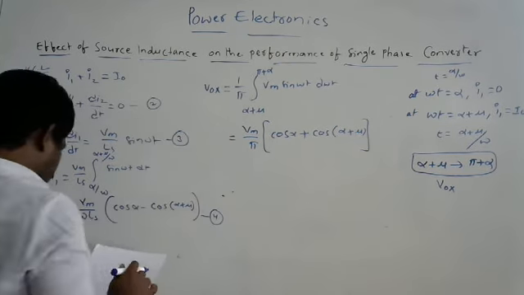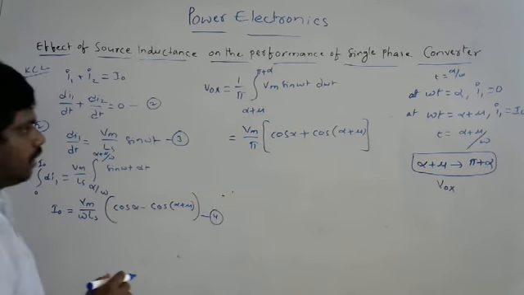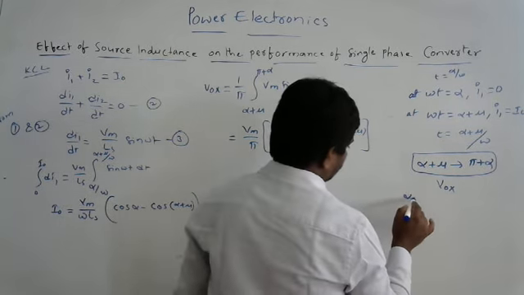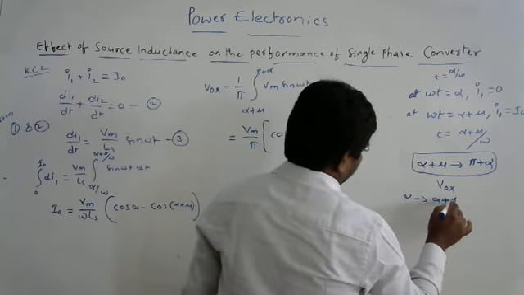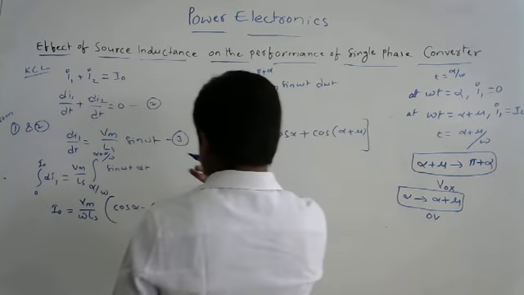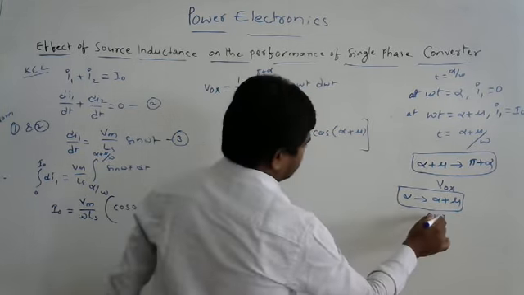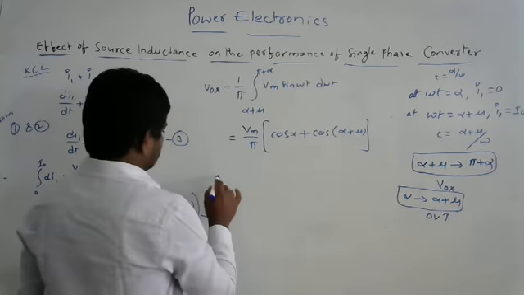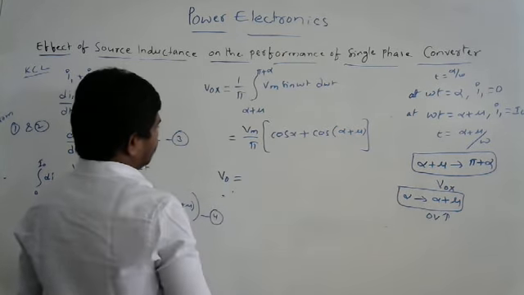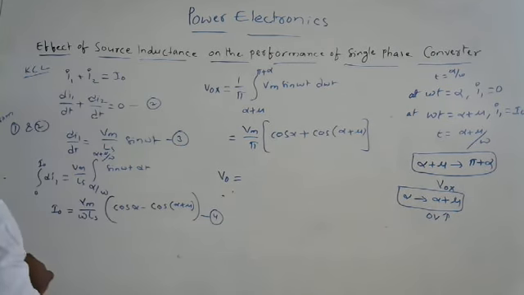Then the average value of output voltage, when you take the average value, what does it mean? During this period also we have to take alpha to alpha plus mu. In this duration we do not get any voltage. That's why we need to go for one more calculation for this, right? Generally, we are taking this equation. If in this case also we are getting some value, I am calling that V naught. V naught x is different and V naught is different, right?